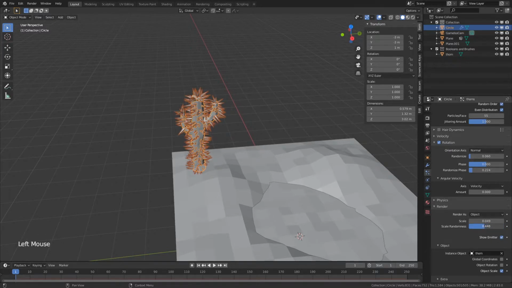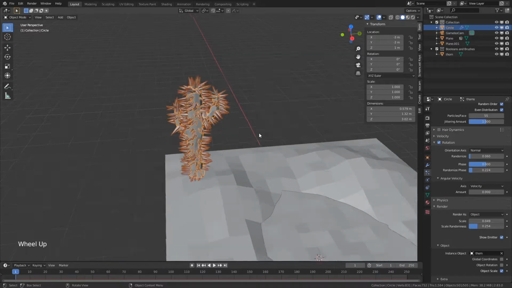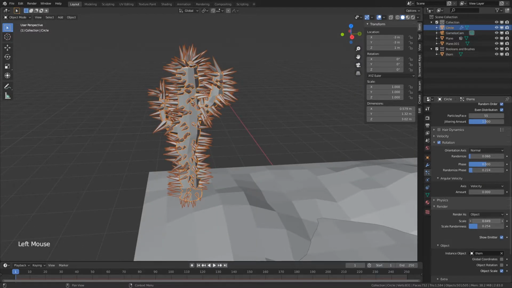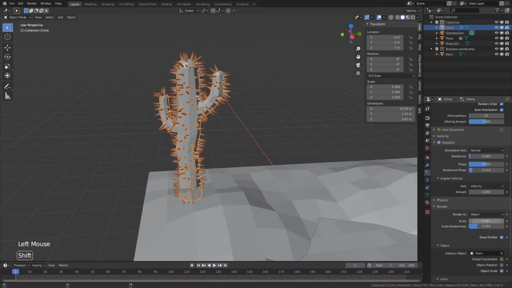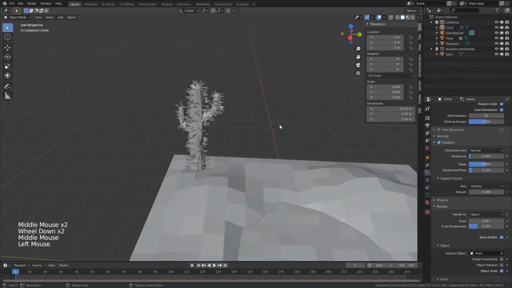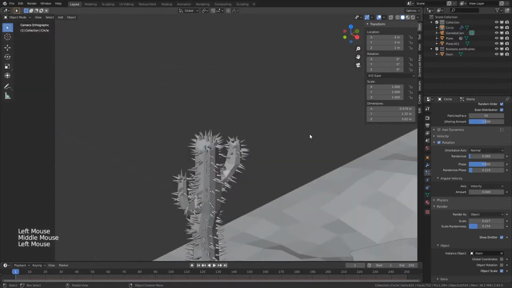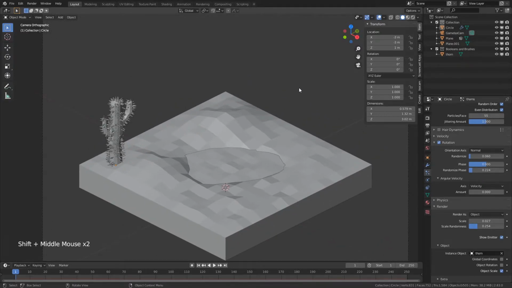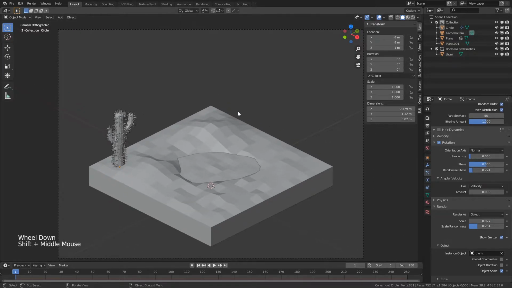Let's crank the randomization of the scale down, and that's going to cause a lot of the thorns to grow in size, so then we can then scale down the thorns themselves. And now we're getting somewhere. This is looking pretty good. In fact, if we go to our camera view and we zoom out a little bit, that is the cactus we're looking for. That took a little bit longer than we expected, but I'm glad we stuck with it and got what we were looking for. This is a new version of Blender, and I haven't done that particular thing in a minute, so yeah,